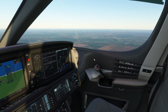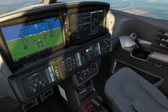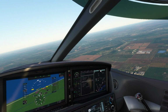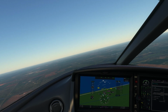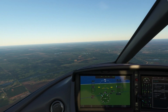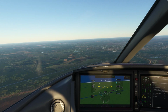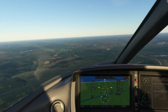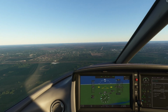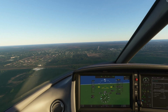We have the runway in sight. And disconnect the autopilot. I'm going to put full flaps. Landing gear down. Landing gear down, flaps full. Yes, we are excellent. A little too high, but